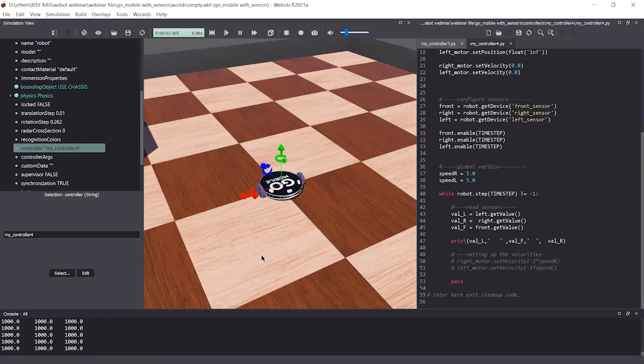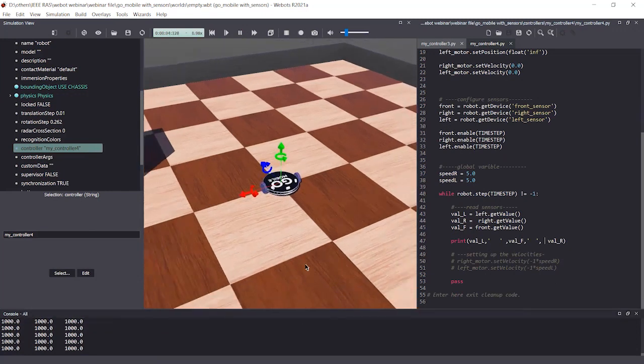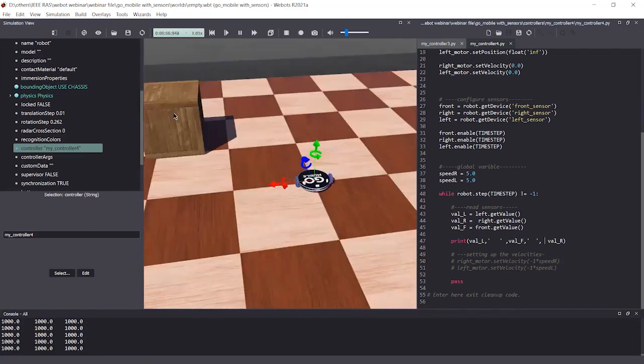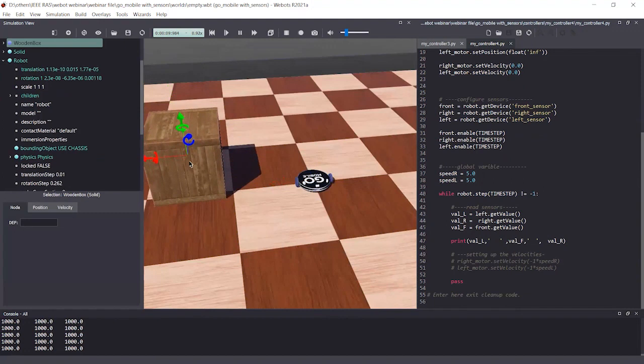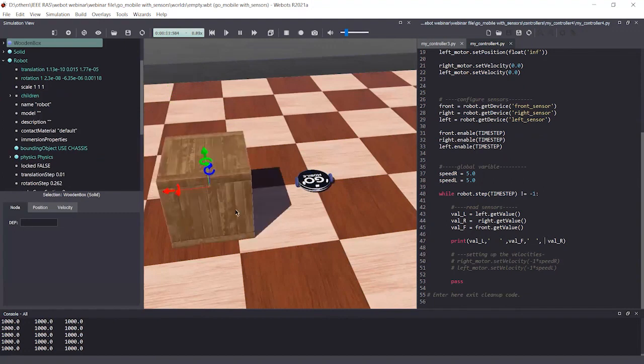We can see values. What I'm going to do is grab this solid by pressing the shift key and the left click.